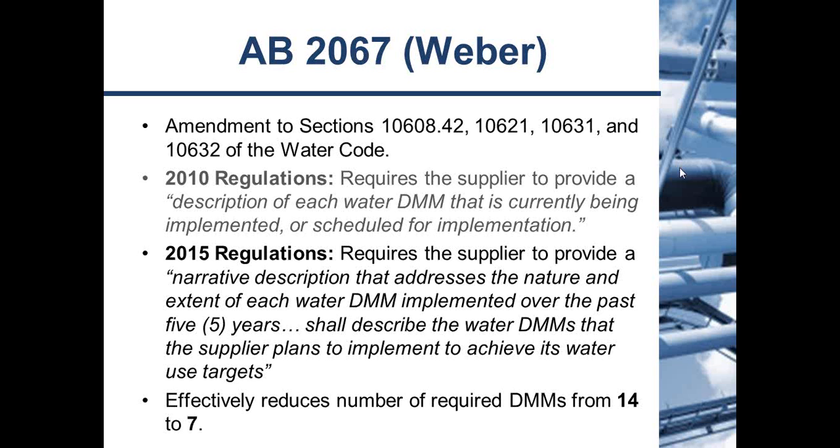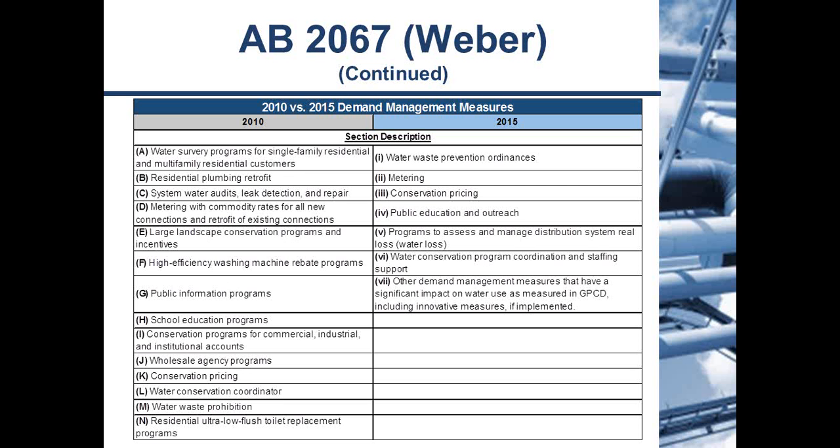And the bill also seeks to segregate the retail water supply requirements and the wholesale water supply requirements as well. And it also effectively reduces the number of DMMs from 14 to 7. And this is shown better in this comparison table here. It shows the discrepancies in the DMM count as well as their descriptions. So not only have they consolidated the elements, but they've also broadened the scope. This is exemplified in the contrast between the 2010 DMM-F, high efficiency washing machine rebate programs. In the 2015 DMM, you can see that in number 3, this might envelop that DMM and many other conservation